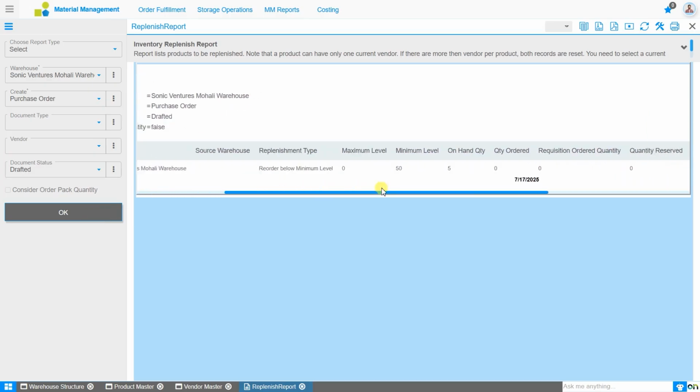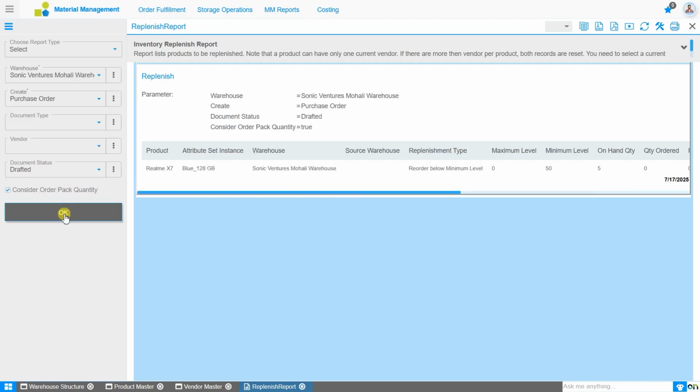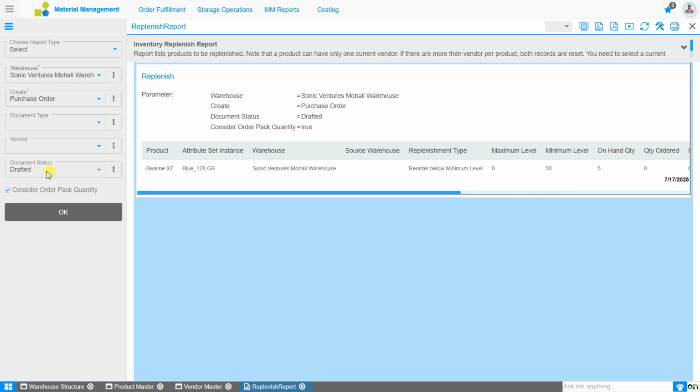In this use case, since the order pack quantity is not considered, the quantity should appear as 45. However, if you mark the Consider Order Pack Quantity checkbox true, where order pack quantity is 20, the quantity will update to 60. Click OK to confirm, and you will see in the report the order to quantity updated as 60 accordingly. To create the document properly, you need to select the document type, which in this case is purchase